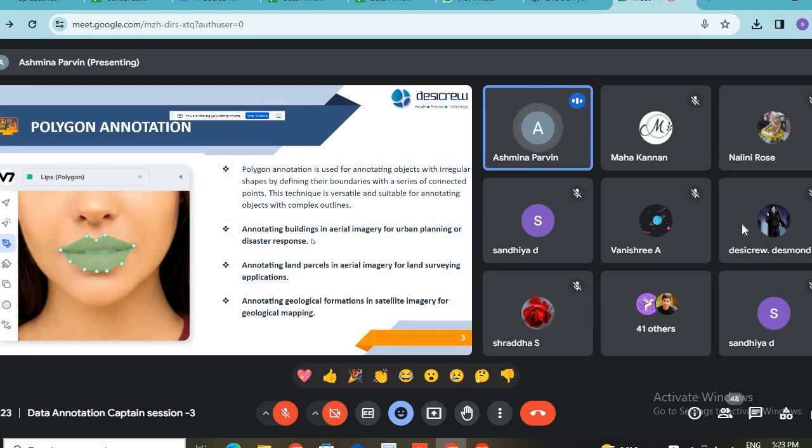ஸோ இர்ரெகுலரா ஷேப்ல இருக்கிற எந்த ஒரு ஆப்ஜெக்டோட பவுண்டரியையும் நம்ம சீரியஸா ஒரு பாயிண்ட அப்படியே கனெக்ட் பண்ணி மார்க் பண்றதுதான் பாலிகன் அனடேஷன். ஓகேங்களா? இது எப்படின்னா லைக் we will be drawing a series of straight lines to create a closed shape. அது என்ன ஆகும்னா அந்த ஆப்ஜெக்ட் சுத்தி it will be like a mask. See, you can see it here. See, they have connected all the dotted points here in a serious manner, which created a closed, masking effect on